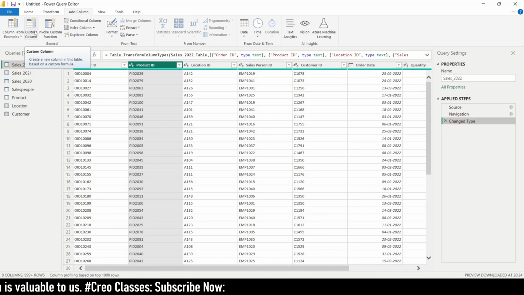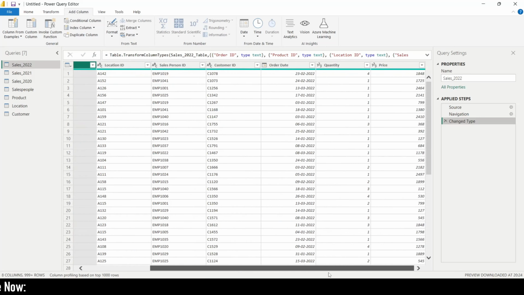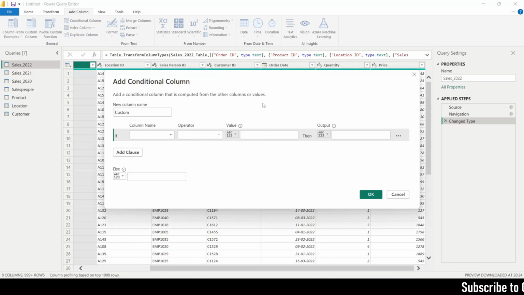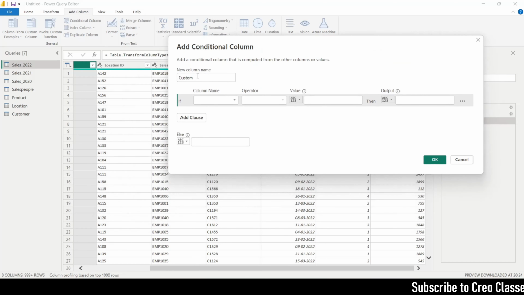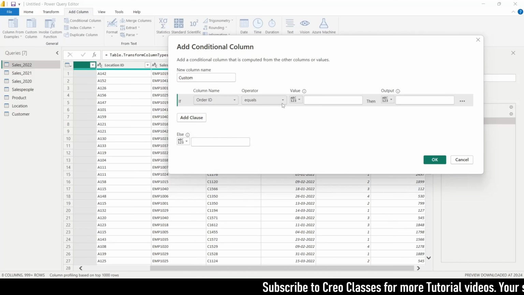So we will see a separate video for this custom column. And then the conditional column. If you need to create any more conditional columns, you can create them on your own. If you go for the conditional column, it will ask us to create a new column name, and then you can create something like, if the order id column contains something,